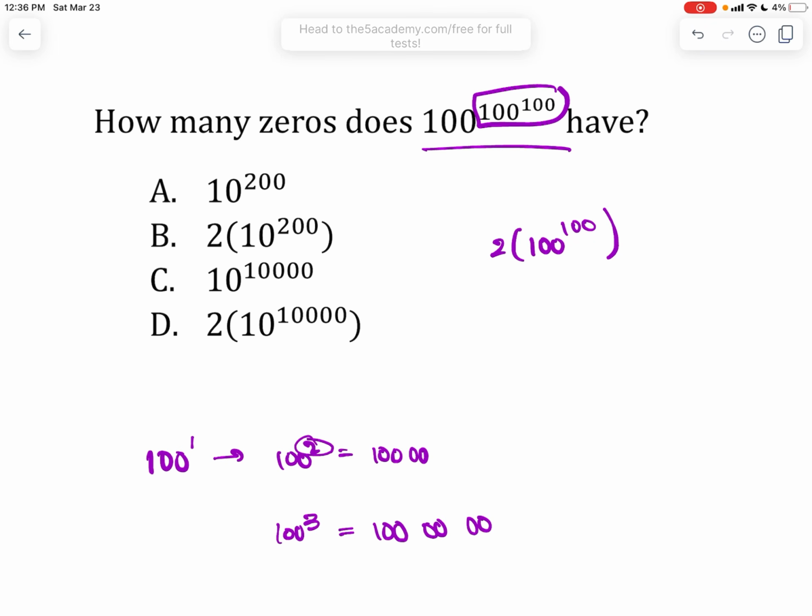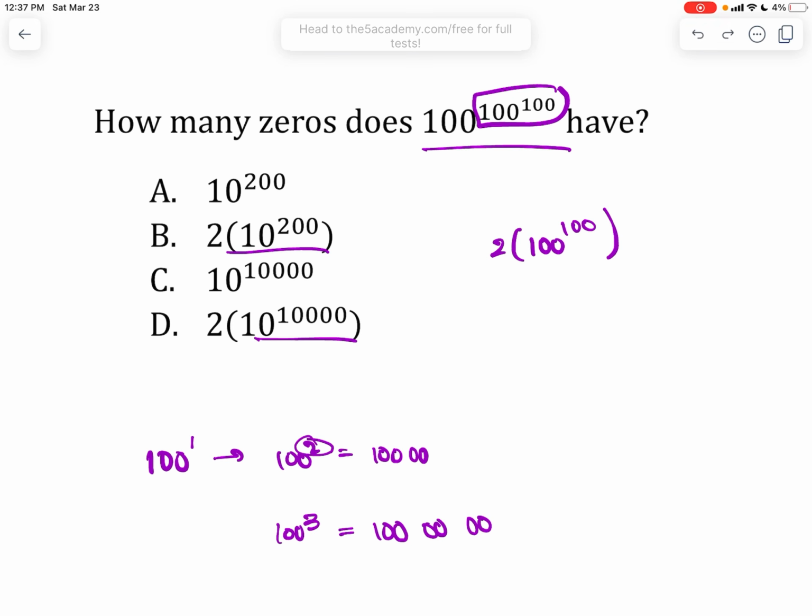Now, it looks like none of the answer options match what I've just said. So what's 100 to 100 expressed as one of these? 10 to the... Oh, I get it. I see what's happening. So the answer options are bringing it all to a base of 10. So if I write 100 with a base of 10,